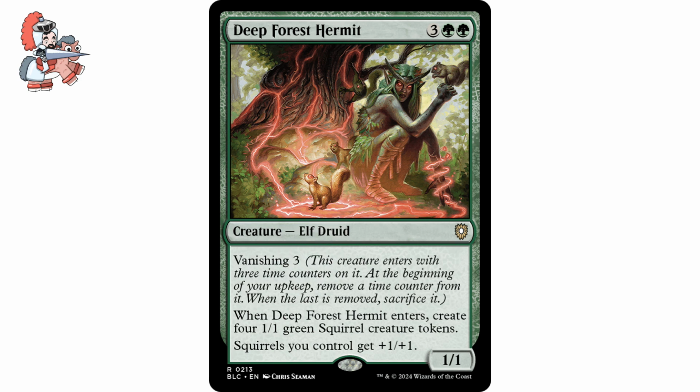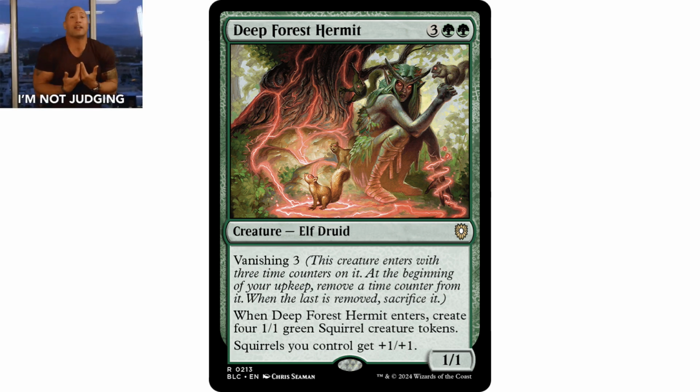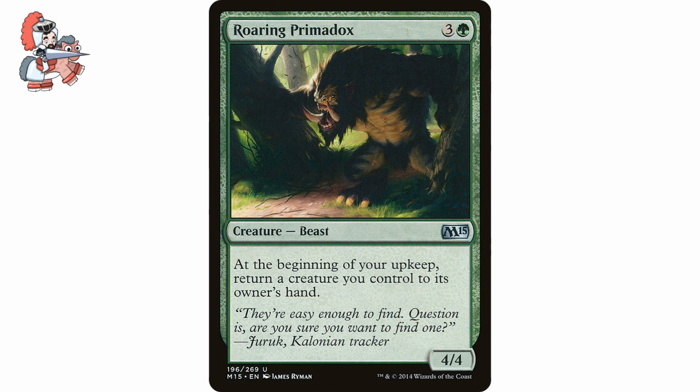That is an excellent rate and a fantastic home for a card that usually just stays in squirrel decks, which, you know, hey, there's nothing wrong inherently with the squirrel deck, but sometimes you gotta switch it up, which is what we're gonna do now by moving on to Roaring Primadox, a 3 and a green creature, beast. This one is from Magic 2015. It says, at the beginning of your upkeep, return a creature you control to its owner's hand, and it's a